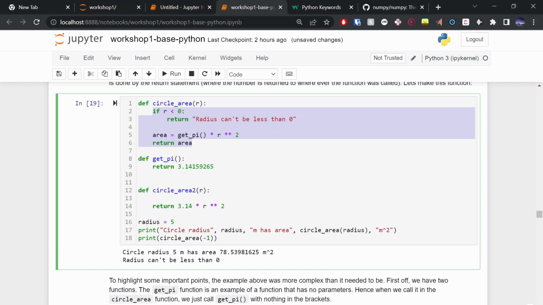The point of the function definition is to tell Python, whenever you see this name, circle_area, associate it with this block of code. That's all the definition is doing. It's just telling Python, heads up, if you ever see circle_area further down in the code, just remember to execute this block of code.